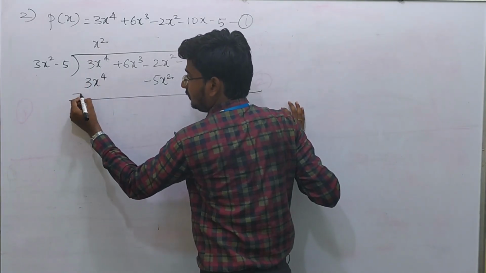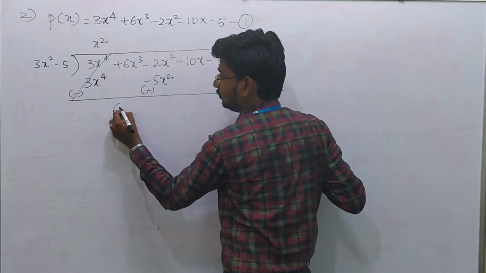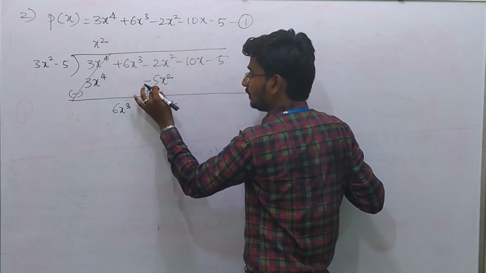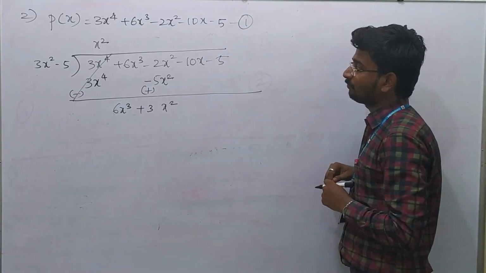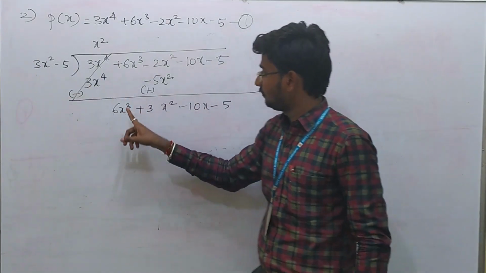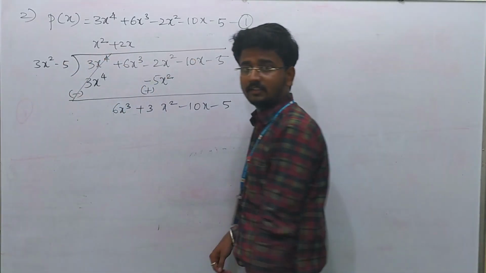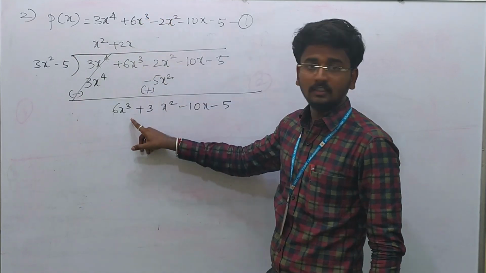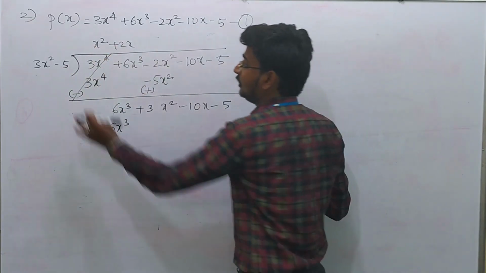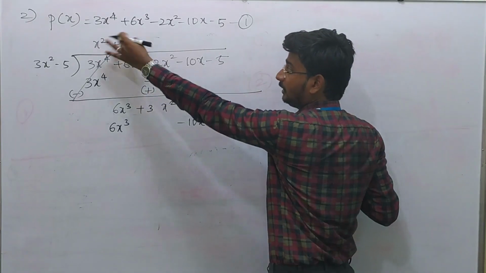Change the sign, plus will become minus, minus will become plus. These two cancel. What is remaining? 6x cube. x square as usual, minus 2 plus 5 will be plus 3. Then remaining minus 10x and minus 5 will keep as usual. 3x square, 6x cube. So I have to multiply by 2x because 2 3s are 6. x square into x is x cube, 6x cube. Again minus into plus is minus. 5 into 2x is 10x. Here minus 10x. Again no x square term when I multiply.